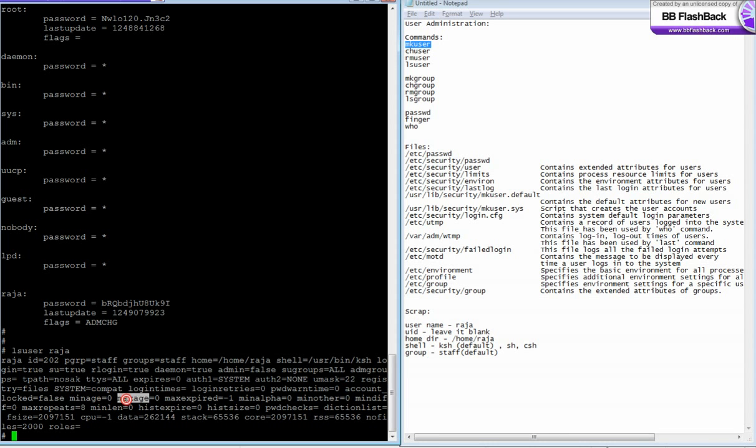Minimum age and maximum age, maxexpired, minalpha, minother, mindiff, maxrepeats, minlen. These are related to the password. Minimum age: if the minimum age is equal to 3, and I set a password, I cannot change the password within 3 days. I need to use it for at least 3 days. This is the minimum age of a password. The maximum age is, if it is 5, that means I can use a password maximum for 5 days, and after